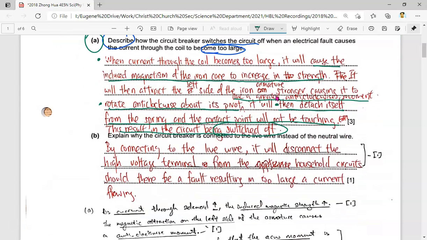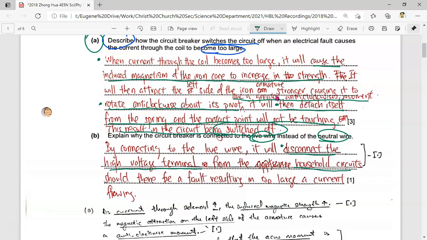Part B. Okay, explain why the circuit breaker is connected to the live wire instead of neutral wire. So we need to explain why is it connected to the live instead of the neutral. So first thing, by connecting to the live wire, it will disconnect the high voltage terminal. Okay, I want to see this point of disconnecting the high voltage terminal. Okay, because the live wire is actually the high voltage wire. So if I connect the fuse to the live wire, okay, it will actually disconnect the high voltage terminal from